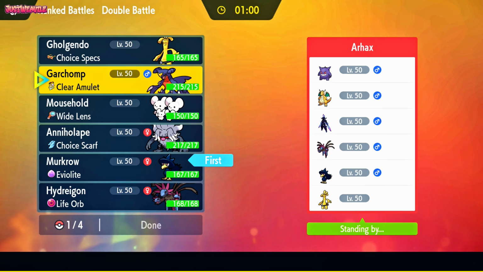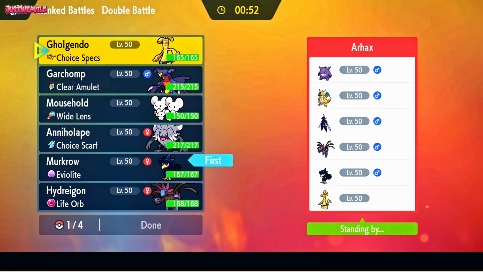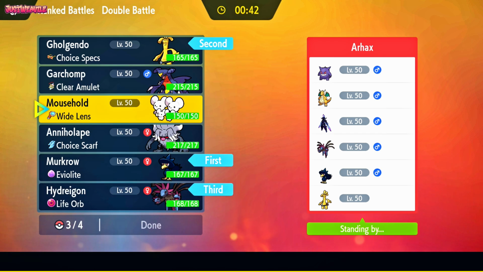Garchomp's going to do... No, not really. I mean, they probably bring the Gholdengo. They probably bring the Ceruledge, I guess. I think we lead Murkrow in and Gholdengo, I think. Yeah, Gholdengo is going to be really useful here. And then we can go Hydreigon, and we might be able to catch their Hydreigon off guard. And once again, we'll bring